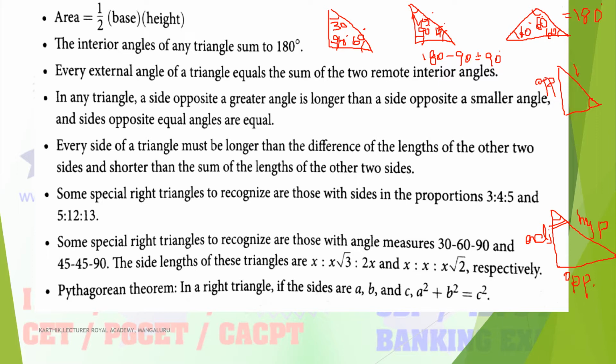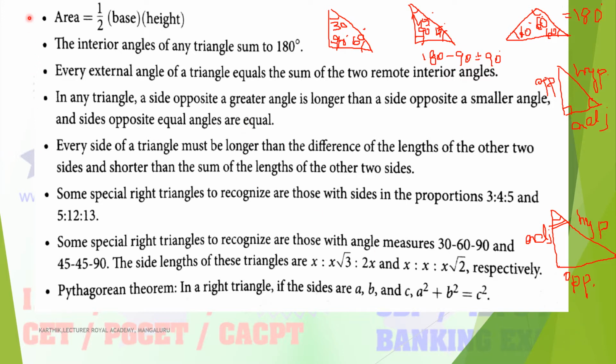This is the hypotenuse. Hypotenuse is the side opposite to the right angle. This is the right angle, 90 degrees, so the side opposite to 90 degrees is the hypotenuse. Next, this one is adjacent. So, understood, I hope. This relation also you just remember. I will tell you when we have to use this relation while solving the problems.